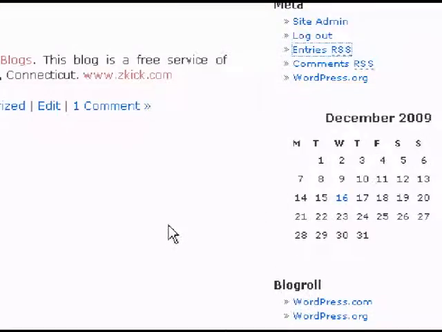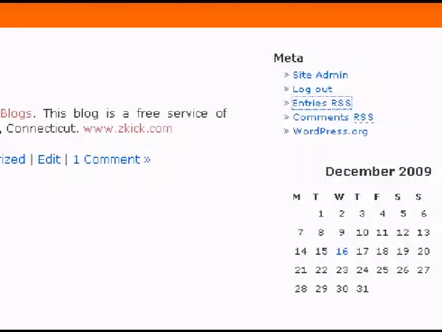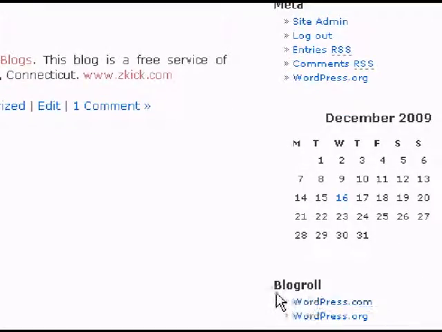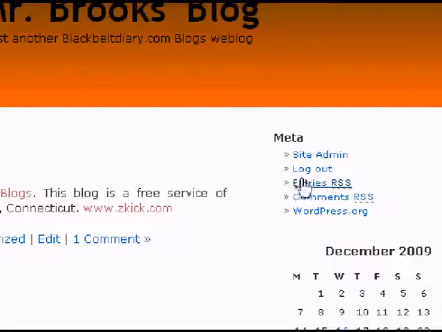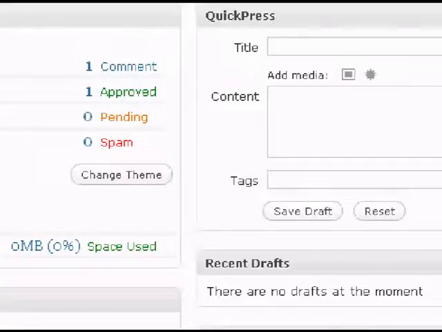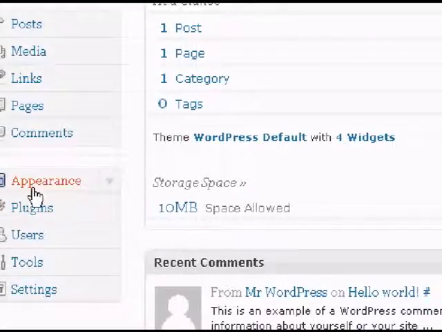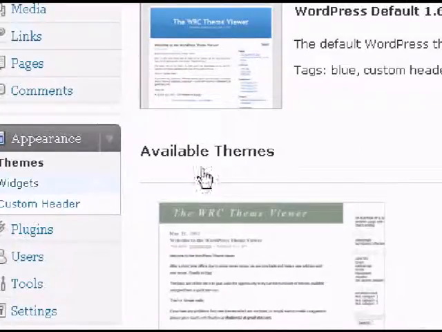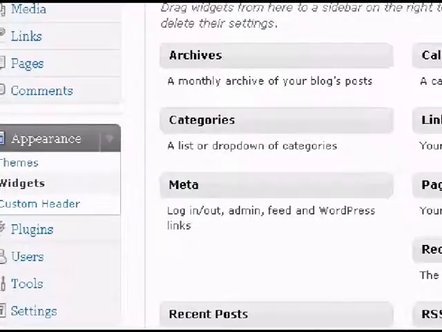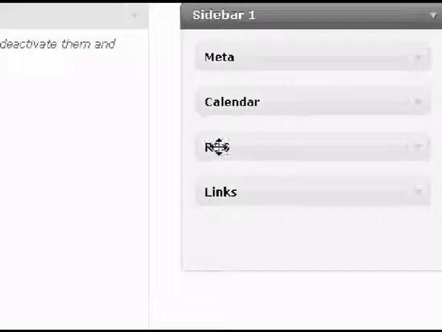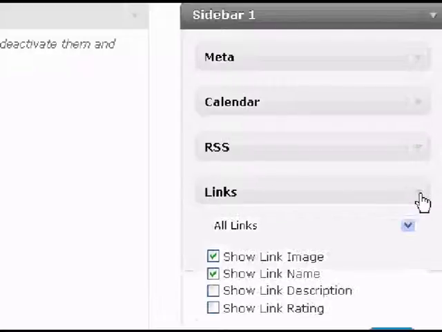And as long as we're on this, let me show you how to add your links in here, because you'll see the blog roll is where your links are. So let's go back into administration. Let's go back to widgets again so I can show you something here. Move the camera over. Okay, so this is what we have here. So let's go down to links. If you right click on these guys,